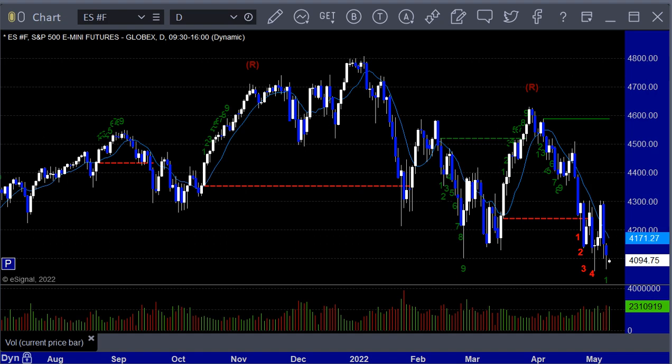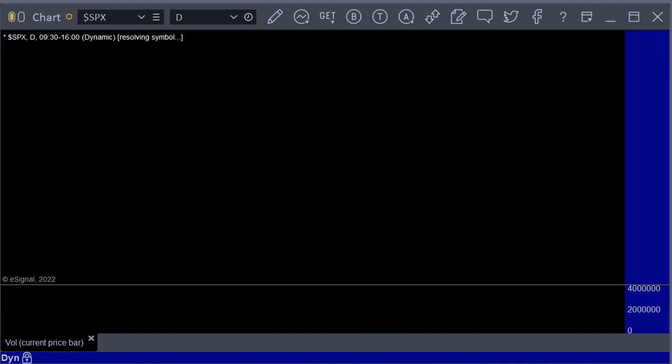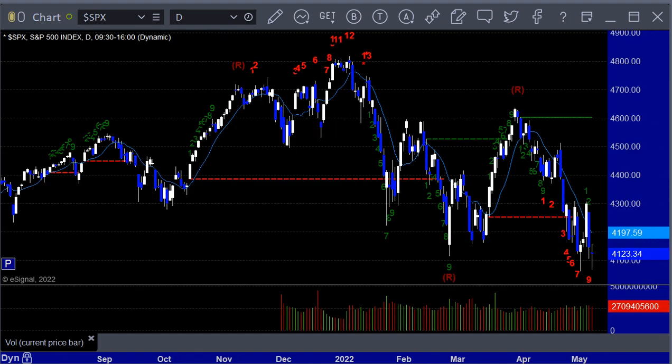Here's the ES front month futures contract. This is the daily chart of the broad market. In futures form, we are hanging near lows, and this is showing some of the futures data here early Sunday. We've already opened about an hour ago. As you can see, we're sitting near the lows. S&P cash loses 23.53. Nothing pretty about that.